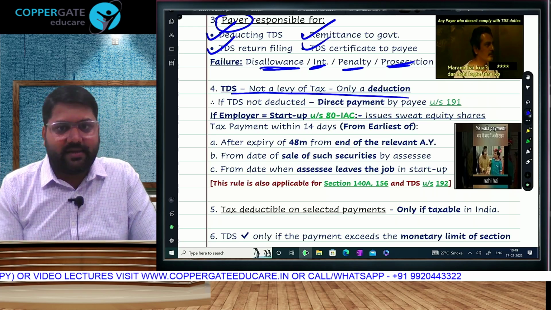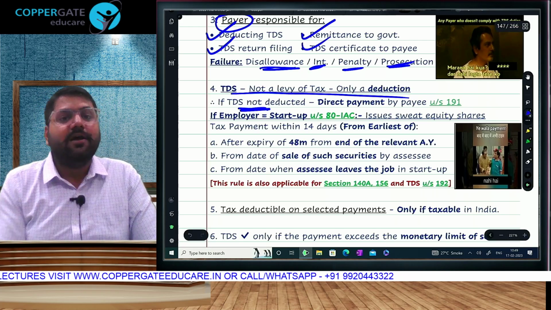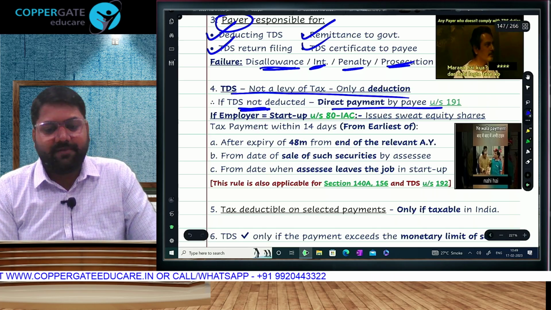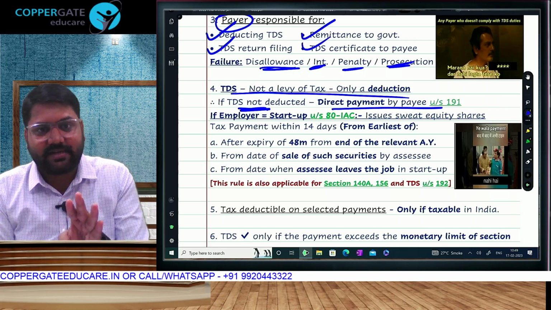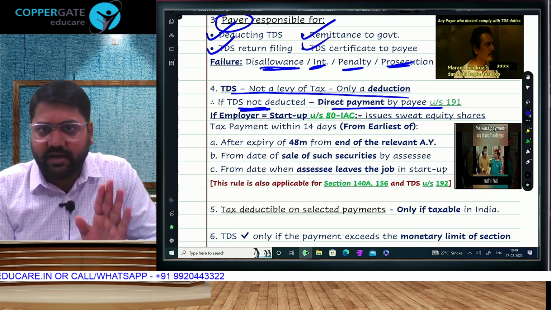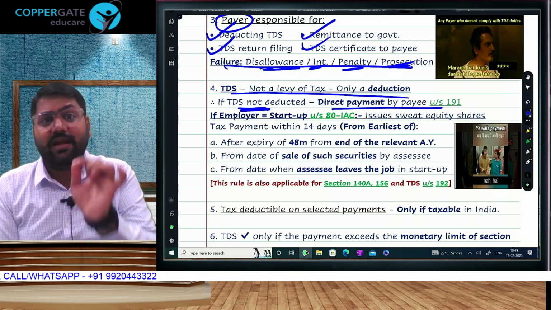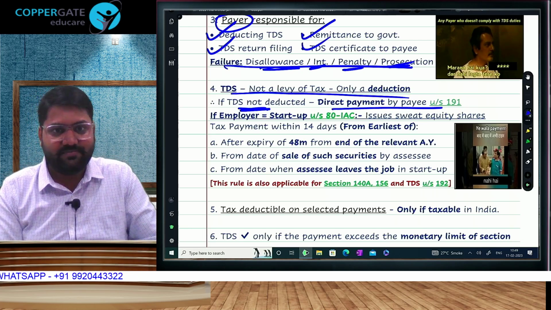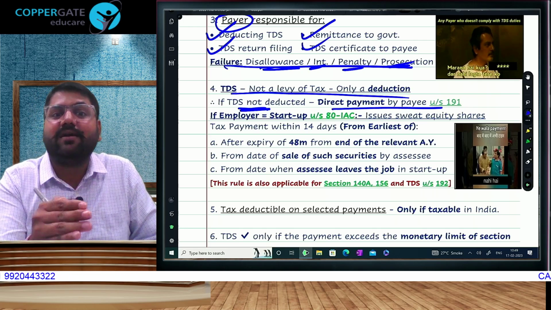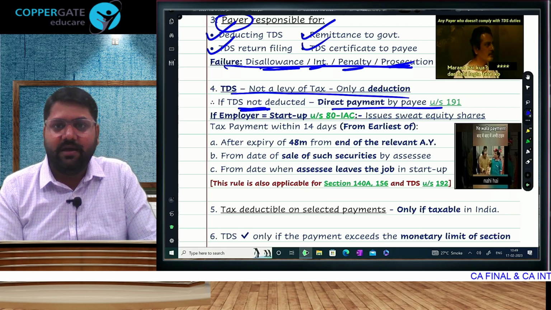You are going to get credit. If there is TDS, you are going to get credit, and if TDS is not deducted, that does not mean that you don't have to pay tax. You will have to make direct payment. That means if X has deducted 10,000, then Y will get credit of 10,000. And if X has not deducted 10,000, he will face these consequences. But Y will have to still pay tax on 1 lakh. Means payer's failure to deduct TDS will not grant immunity to the payee from payment of taxes. He will have to make direct payment.